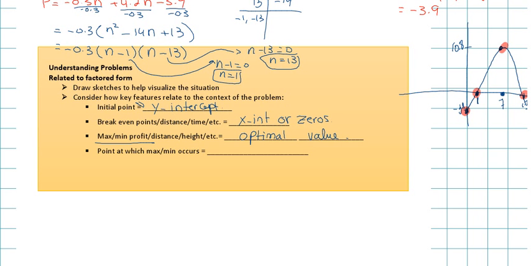Now, the second part is the point at which your max or min occurs, which means it's the x value of the vertex. So it's your axis of symmetry. Put these two together, and it will give you the vertex. This is the y value of the vertex, and this is